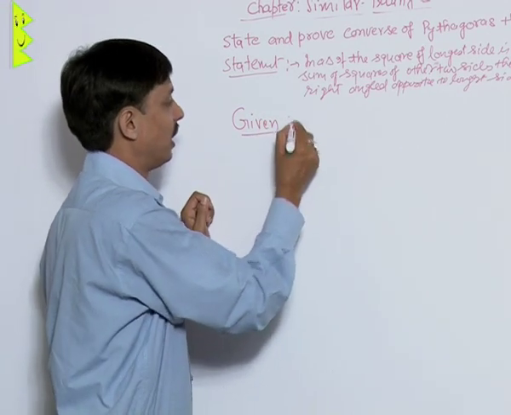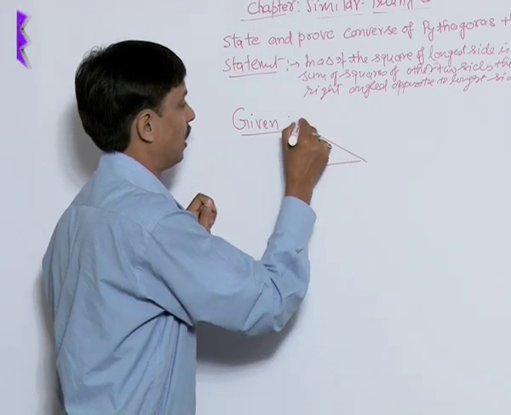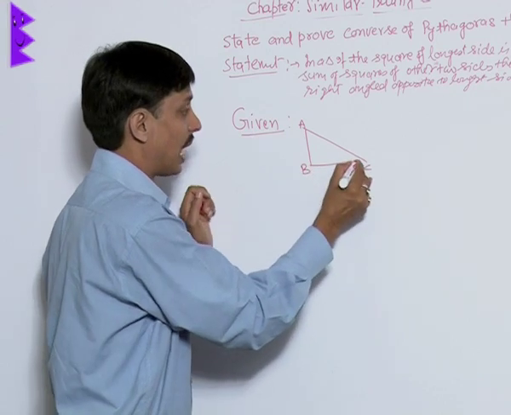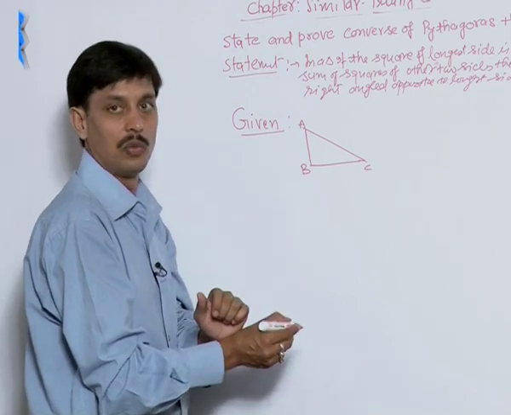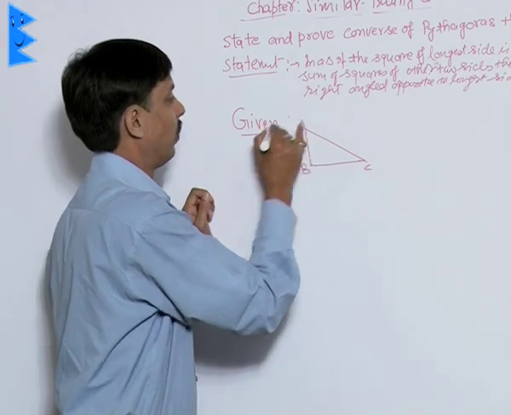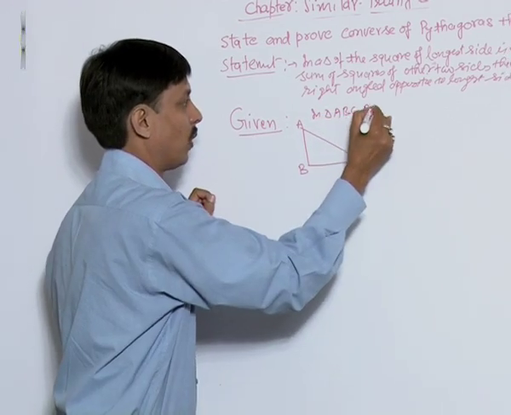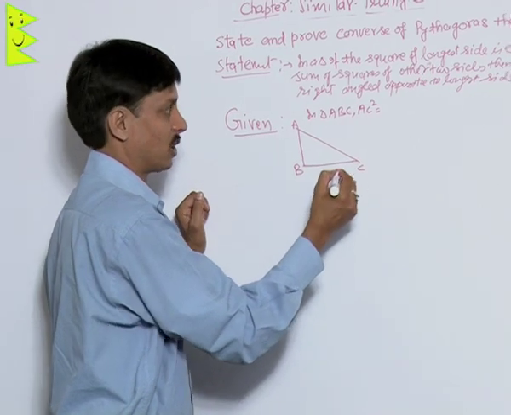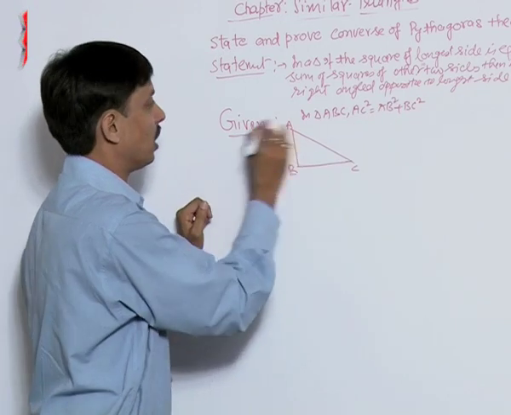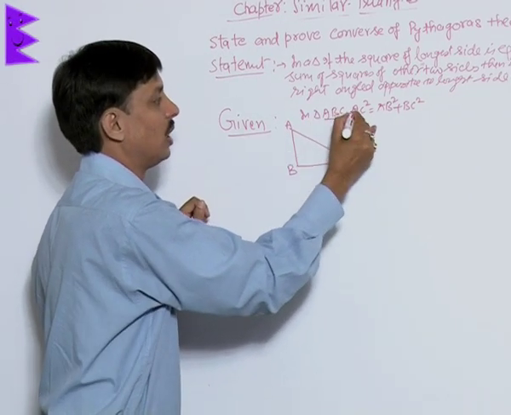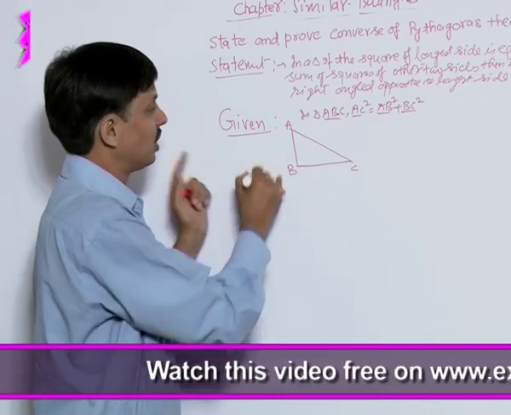So we will write in triangle ABC. I am making a triangle here. I can say this triangle is ABC. I am not saying this angle B is 90 degrees, not at all. This is any kind of triangle. But what is given? Given is in triangle ABC, the square of the longest side, that is, I am taking AC as the longest one. AC square is equal to AB square plus BC square. Given is in triangle ABC, AC square is equal to AB square plus BC square. Number 1. This is given.